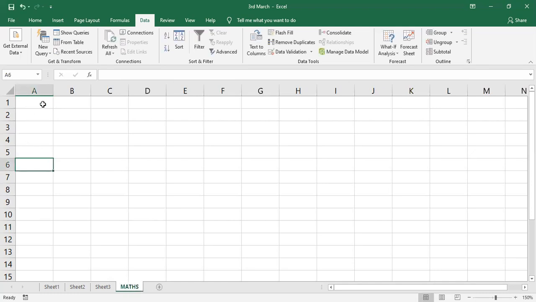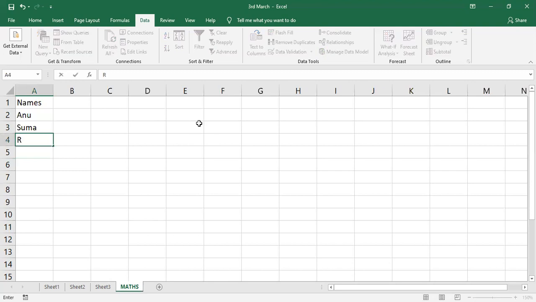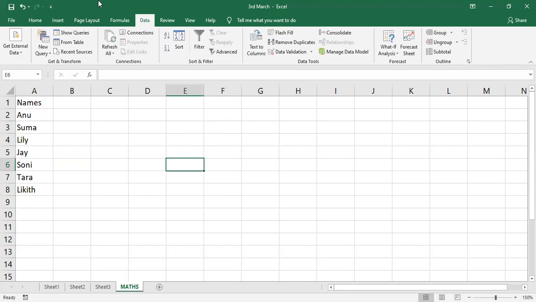Okay, I'm going to type the names of the students and their marks here. Anu, Suma, Lily, Jay, Sony, Tara, Likit. Okay, so here how many data I have entered? Here I have entered totally 7 records.